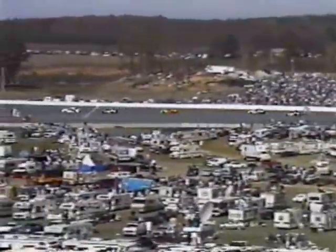Dale Earnhardt is the leader of the race, while the cleanup goes on over in turns number 1 and 2. Let's watch Davey Allison as he goes through the wreck. There's Jimmy Spencer right in front of him. Davey is trying to get his car slowed. Spencer goes high. Davey